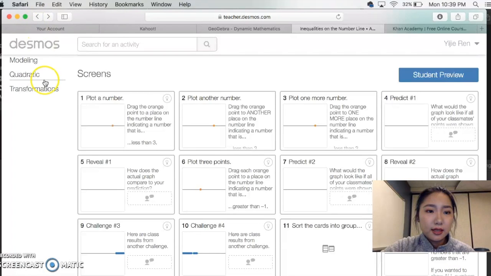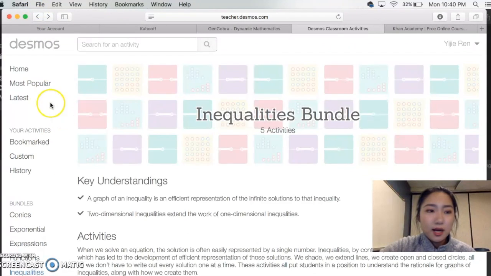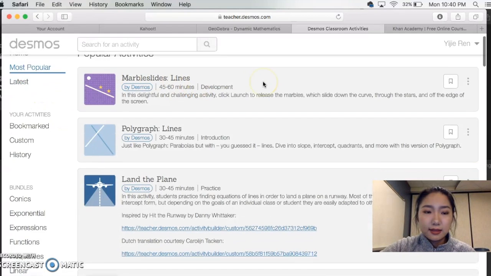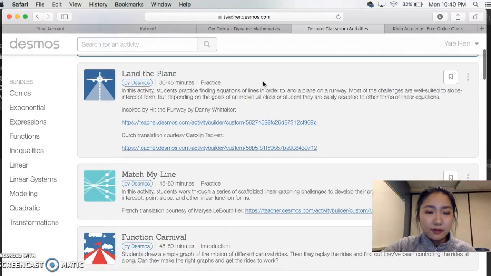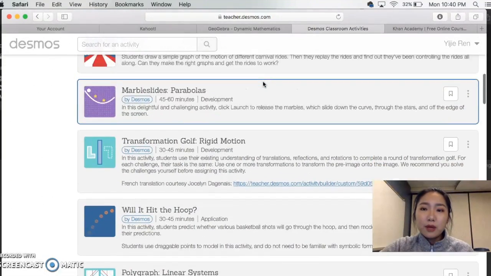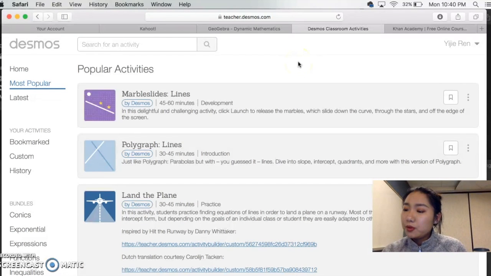Go back. So yeah, in here you can see the most popular ones. It has a lot of very creative activities. So I think the Desmos website classroom activities is great, and another tool I want to share with you is the